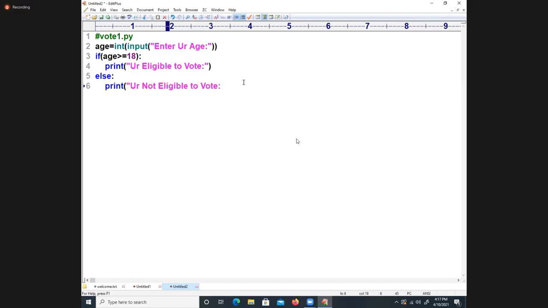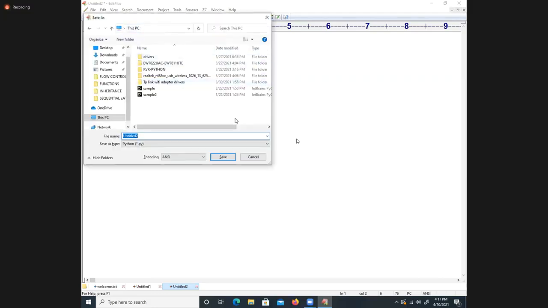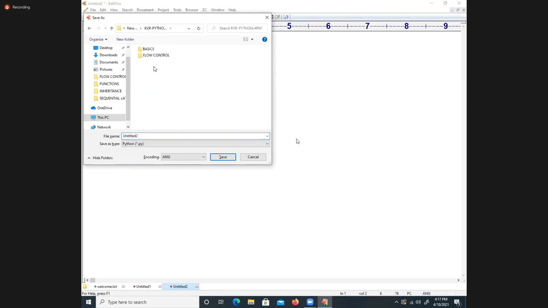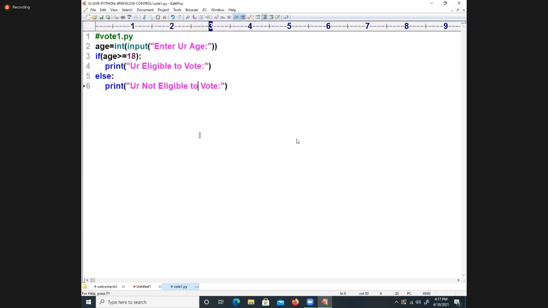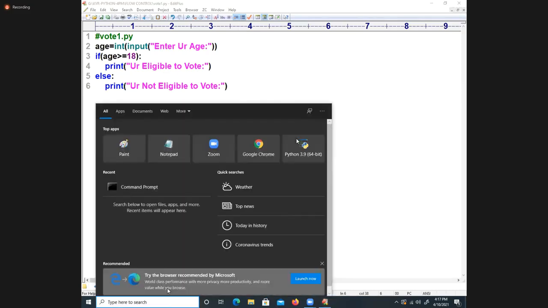For example, this is the logic. Generally any student will write it. That's perfect. Now let us compile and execute this code. Go to the location of it, the flow control folder, vote1.py.